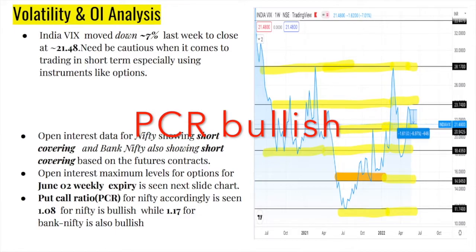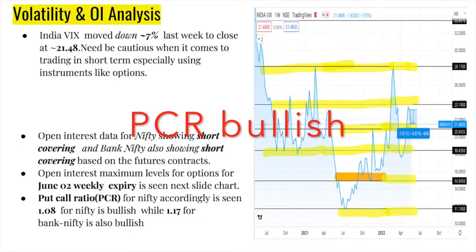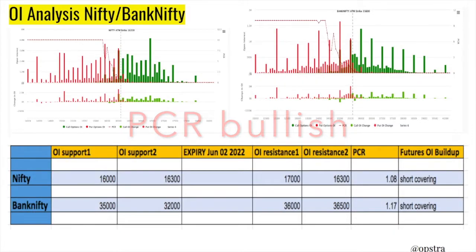Open interest data we'll be seeing on the next slide. The full put call ratio for that is bullish, 1.08 and 1.17 for the Nifty and the Bank Nifty respectively. So PCR is bullish, futures open interest is bullish, VIX has cooled off, and look at the OI analysis for the